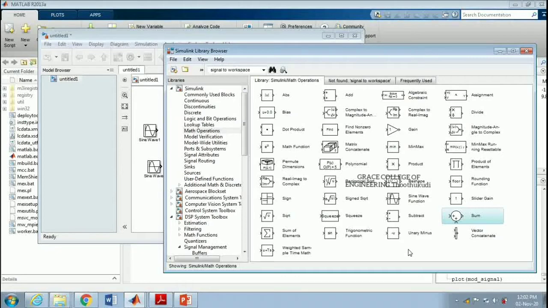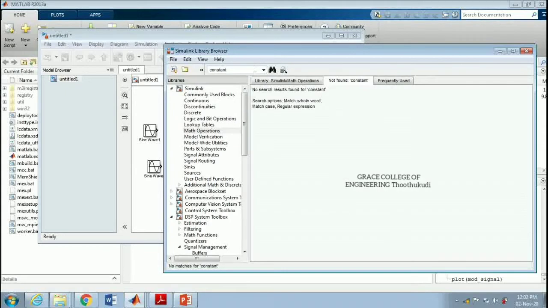To define how much should be modulated, I need the modulation index, and for that I need a constant block. If you don't know which category a block is in, there is a search box, so we can search there. I need a constant block, so I am going to type here max operation.